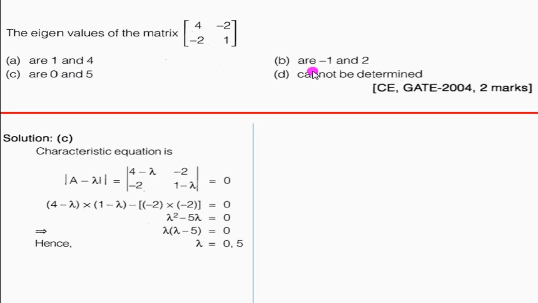The other two is not equal to 5. So hence B and D are not our answers. The answer can be either A or C. We know that the product of eigenvalues is nothing but the determinant of A. Just to find out the determinant of this matrix, 4 minus 4 is 0. That means whichever has the product of its eigenvalues 0, that is the answer for this question.